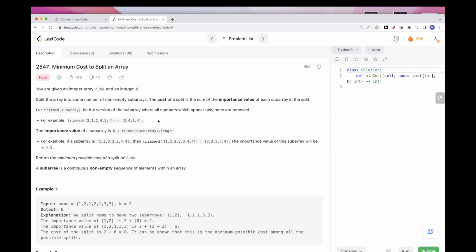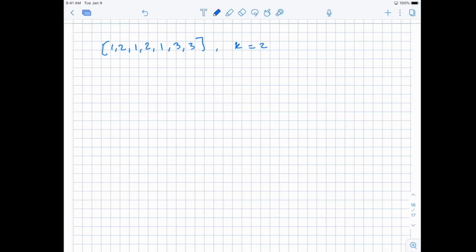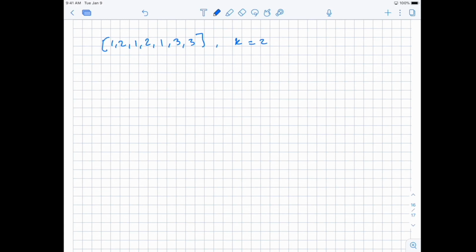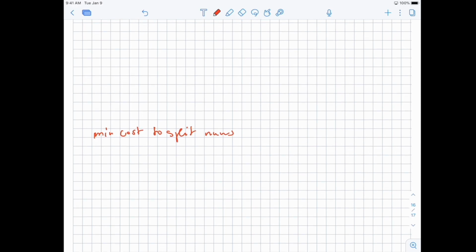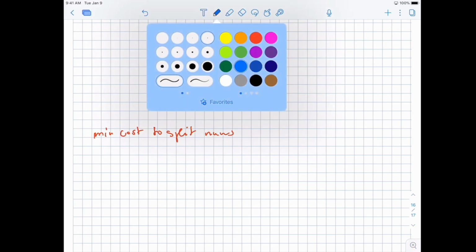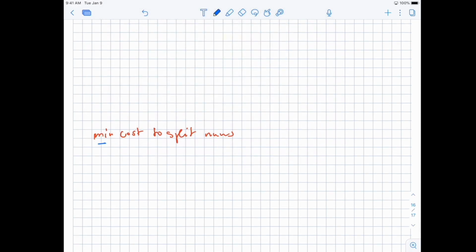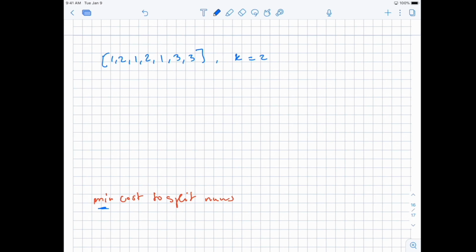So let's see how we can solve this. The first thing to think about is, what are we being asked to do? We're asked about the min cost to split the numbers. What does this mean? With dynamic programming, because this is a minimum optimization problem, and it doesn't look like there is any greedy approach we can take or anything like that,